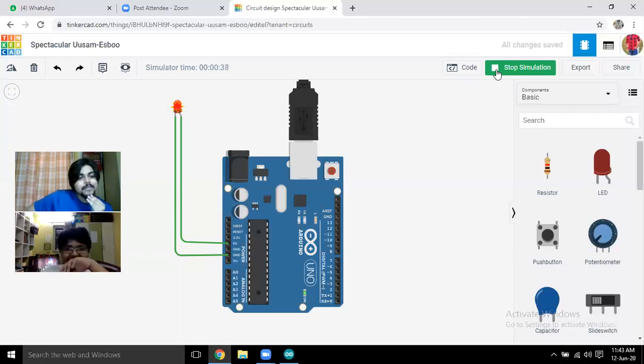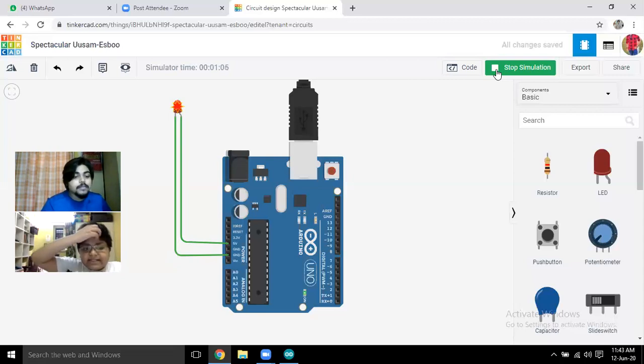Using an Arduino board. Yes, perfect. Because right now we are using an Arduino board, but instead of the Arduino board, if we used a battery also, then the LED would easily glow, right? Yes. But with Arduino, what do we do? We control the devices that are connected to it by giving a set of instructions. Yes, by giving a set of instructions.